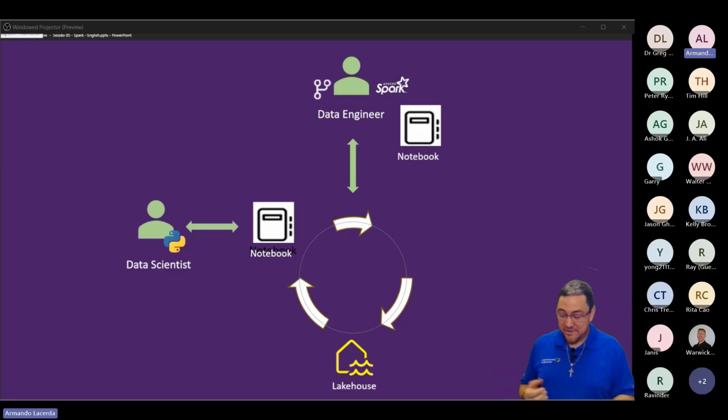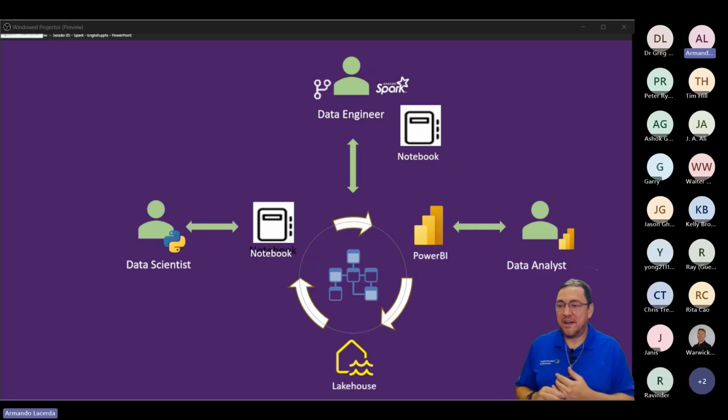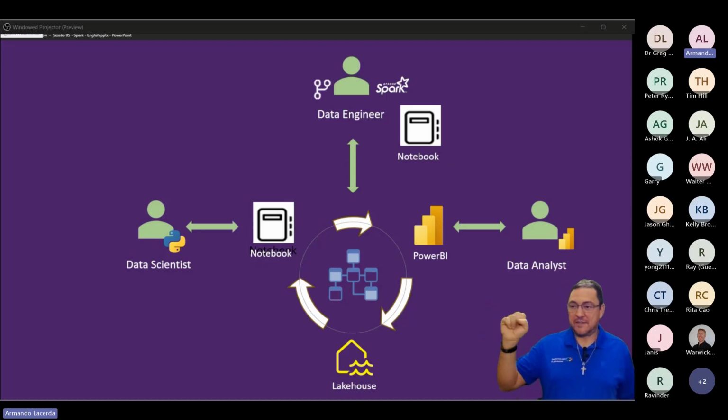And as the data becomes available, our Power BI people can work with the semantic model that you have already seen in the workspace in there. They can either work with the semantic model or with the SQL endpoint to query the data there. Either one, there are two different things. They can query the data from Power BI and do the reports. Now, when it comes to Power BI, Spark is not involved, right? Power BI is a different beast. It's part of Fabric, right? It's fully integrated.